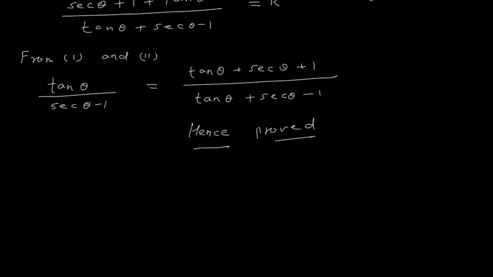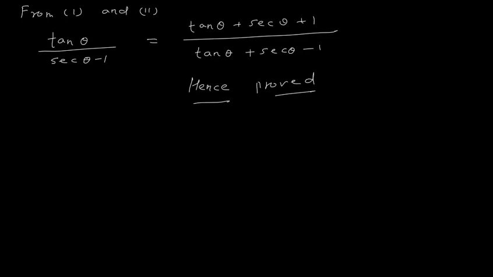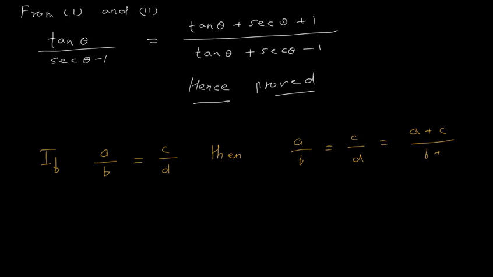Now properties of equal ratio, again let me discuss in detail what is properties of equal ratio. So here, if A upon B is equals to C upon D, then A upon B is equals to C upon D, this is equals to A plus C upon B plus D. Okay, any operation which I do in numerator, the same operation I will do in denominator. So I can say that A plus K times C upon B plus K times D also, right? This is your theorem of equal ratios or properties of equal ratio.